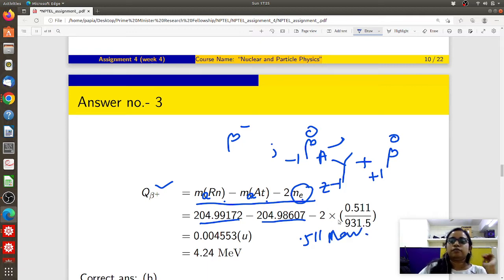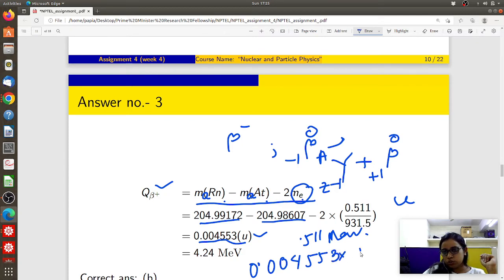So 0.511 MeV, but we are going to convert this 0.511 MeV to unit, that means atomic mass unit. So after putting all the values, we can have that type of expression, that is 0.004553 in unit of U. But if I just want to convert this U in the MeV range, then we have to multiply here 0.00453 into 931.5, which is nothing but the 4.24 MeV, and it should be in MeV range because the question was asked